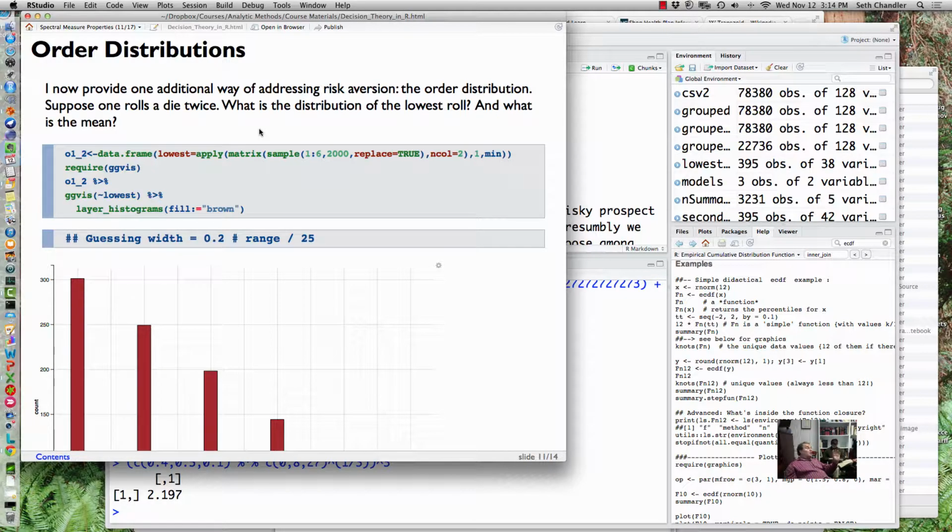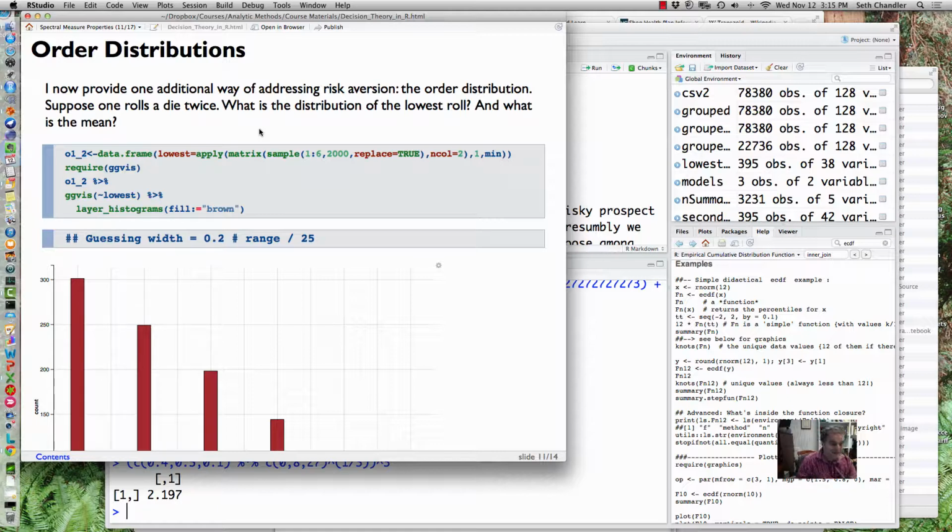Okay? We know that if I roll a fair die once, the distribution of the outcome is going to be equal, right? If it's a fair die. But if I roll it twice and my score is the lowest outcome,